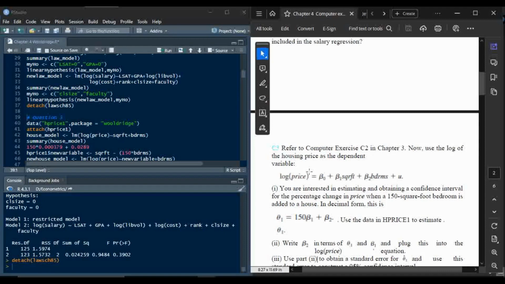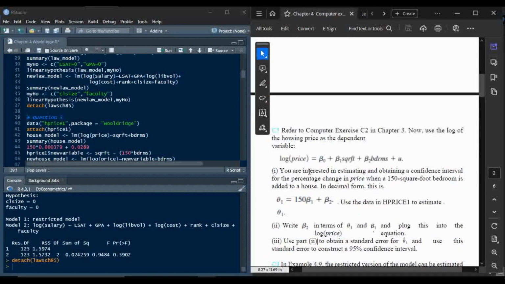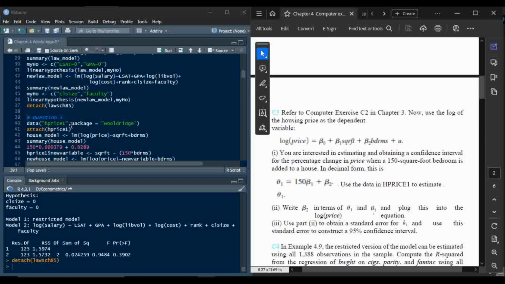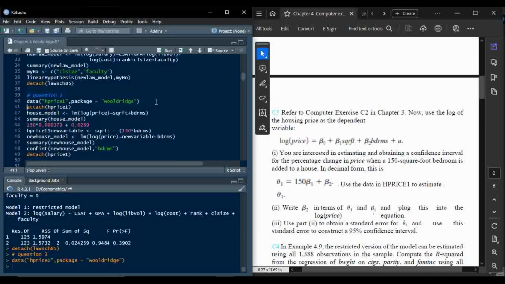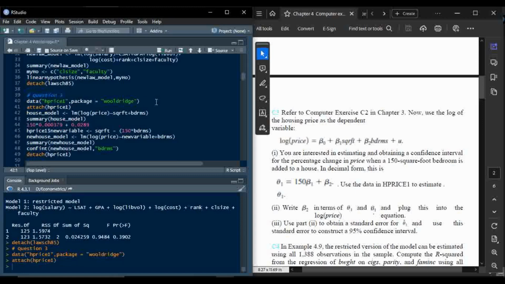Now let's come to question number 3. It says to refer to computer exercise C2 in chapter 3. Now use the log of the housing price as the dependent variable, and in this question the dataset being used is hprice1 from the package wooldridge. Press Ctrl plus Enter and then attach this dataset, and now let's create a model by the name of house_model, in which the log of the price is determined by square feet and bedrooms. Press Ctrl plus Enter